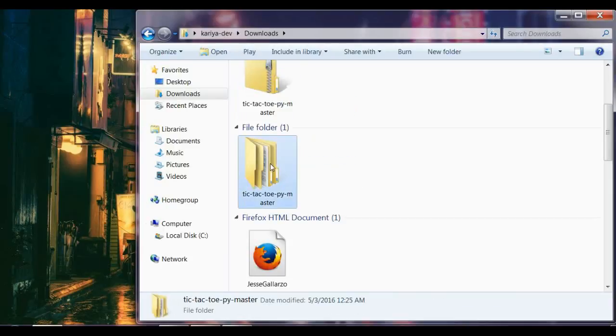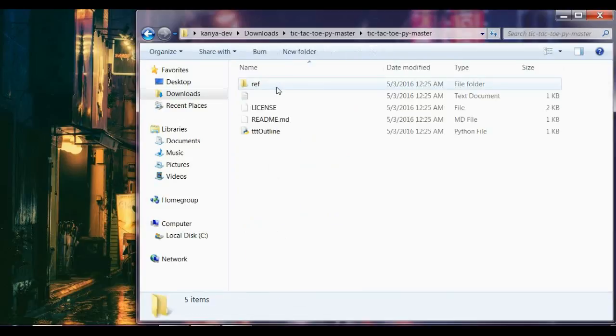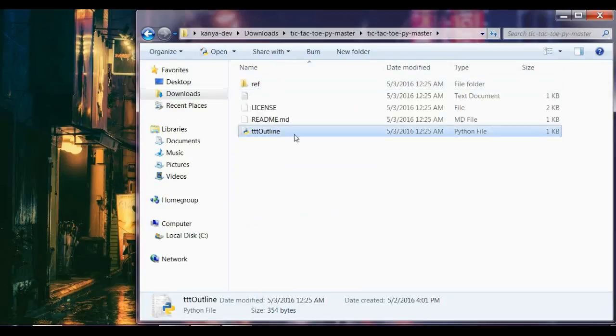So hopefully by this time you've already installed the Anaconda software onto your computer, and the tic-tac-toe py master file has already been unzipped. So the first thing we're going to do before we start is rename our code right here, the file ttt outline. We're going to rename it to